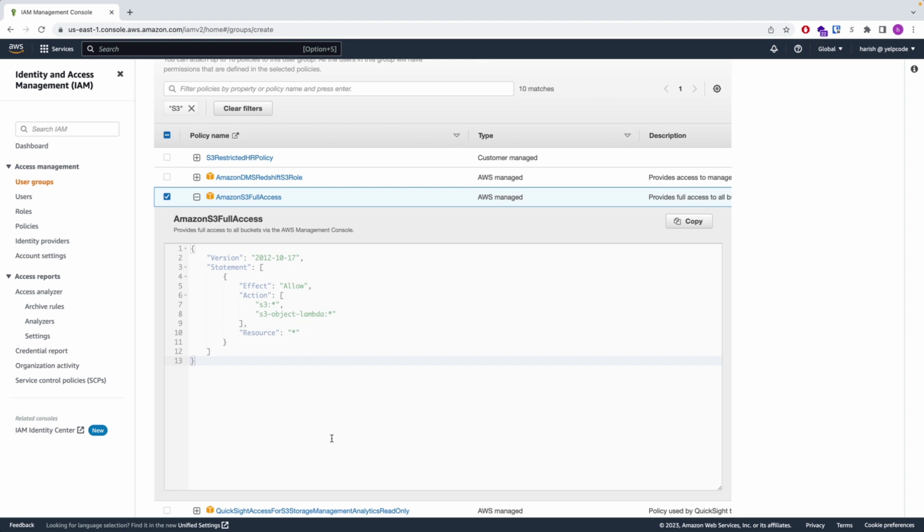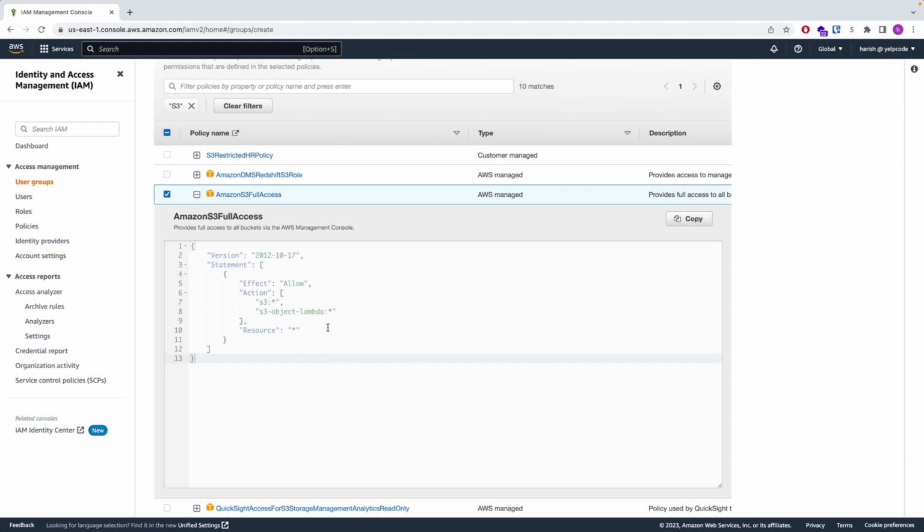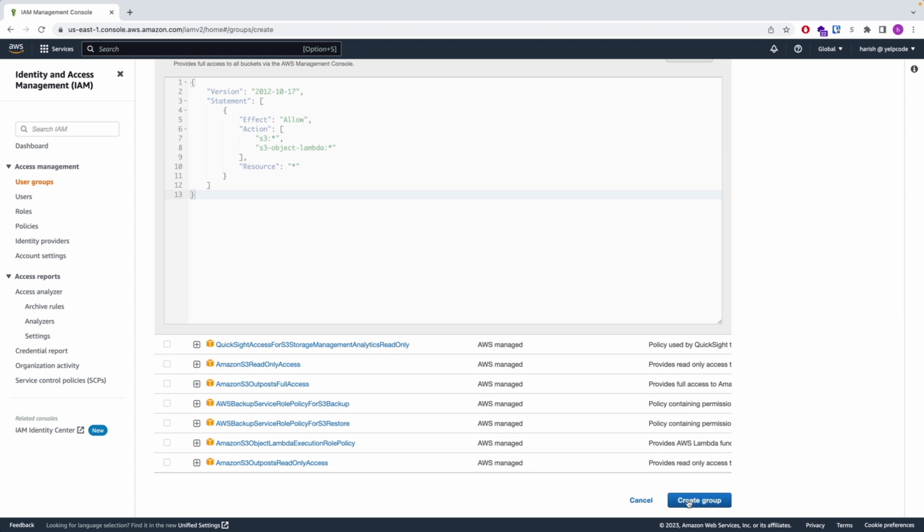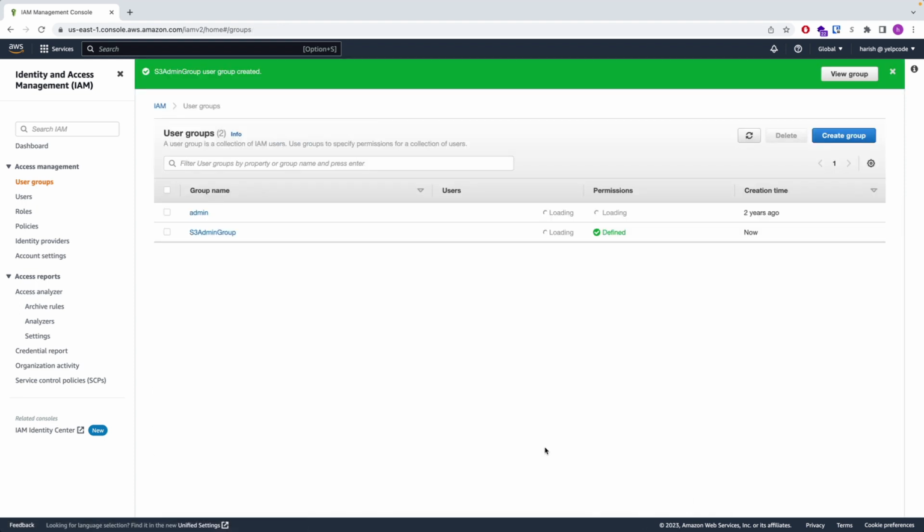So it allows the effect, the action on all S3 and all S3 object lambda, and the resource also all. So let's create the group. Now we're done with the S3 admin group. And now what we can do is